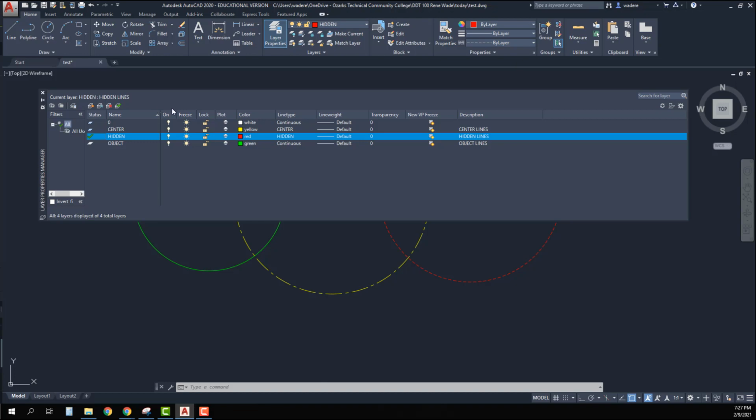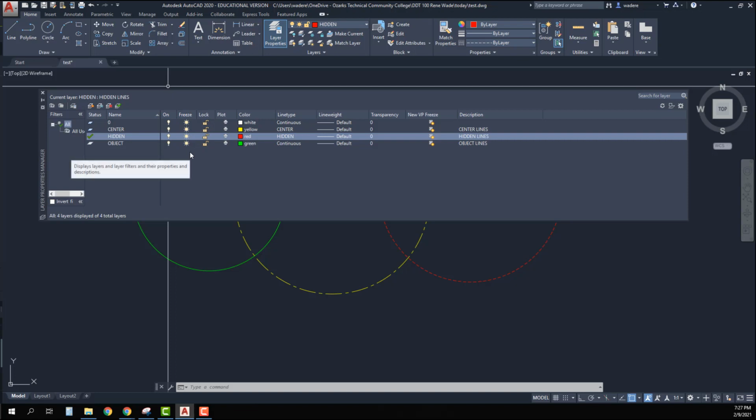On is kind of an old school command. What on does is it turns it off, but if there are elements tied to it, sometimes it'll leave little traces on your screen. So it's kind of annoying. So I don't ever use on and off, because my freeze basically does the same thing, but it doesn't leave anything on my screen. So if I wanted to turn off my center layer, if I click on that little sun,